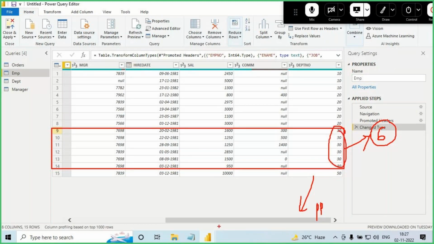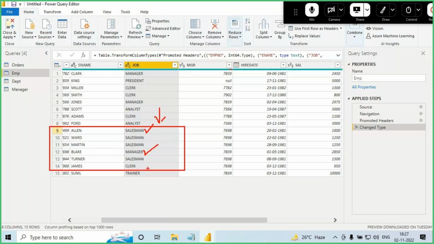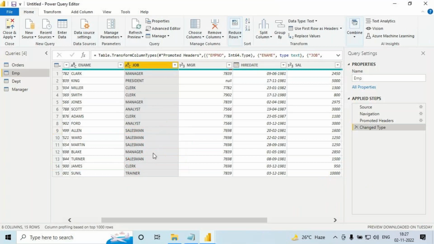If you go here, in the 30th department, starting from the 9th row till the 14th row, the employees belong to the 30th department. 30th department employees have how many different jobs? Salesman, manager, clerk. How many jobs do you have? So even though the 30th department has 3 jobs, I need to load only 30th department employees. In the 30th department also I need to load only what? Salesman. Only salesmen I need to load. How to load 30th department only salesmen is